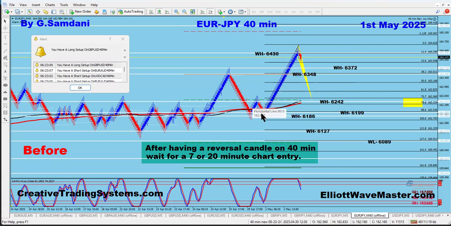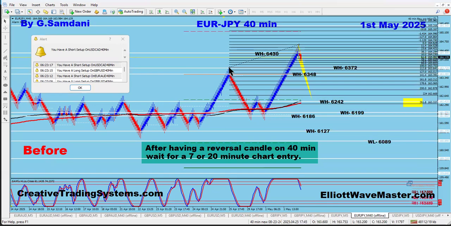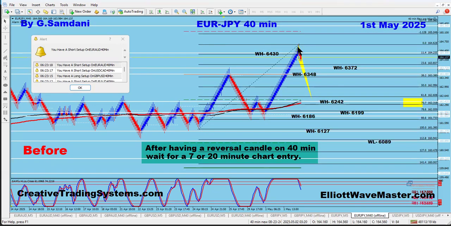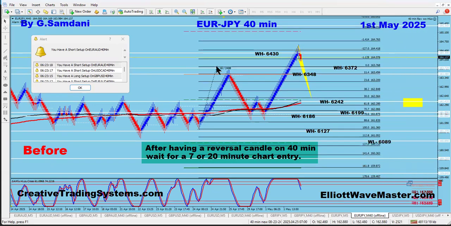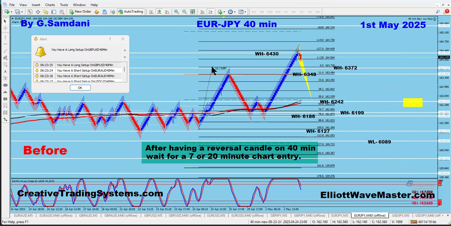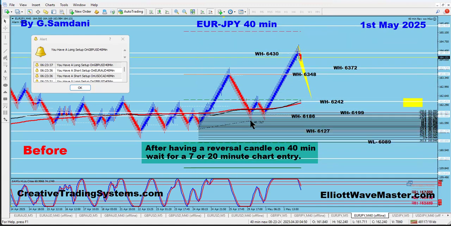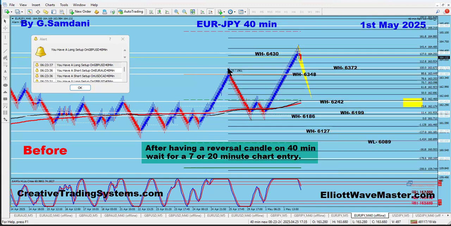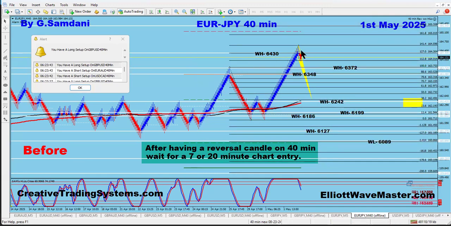So now this was an extension. You see that? After the extension will come a retracement. So for example, let me show you. If you look at this, okay, first go from here. With the setup, I just want to teach you guys a little bit here. After this move, this was an extension to one of these highs, right? And then came a retracement to 78, right? So after that, we need to have an extension. So, okay, after that we had an extension, 127 hit, right? So now a retracement needs to come.